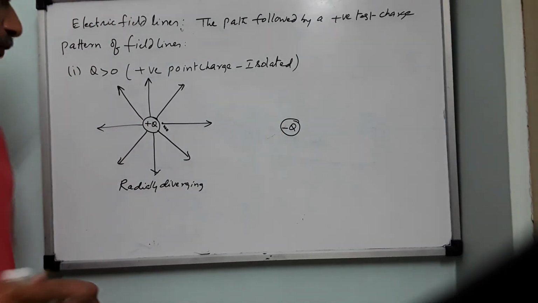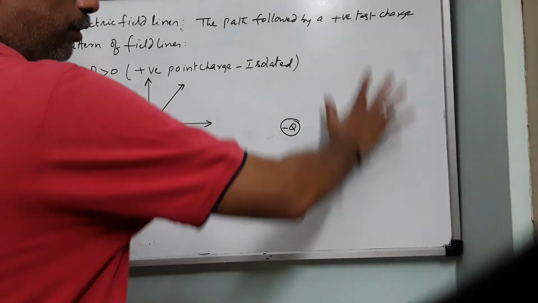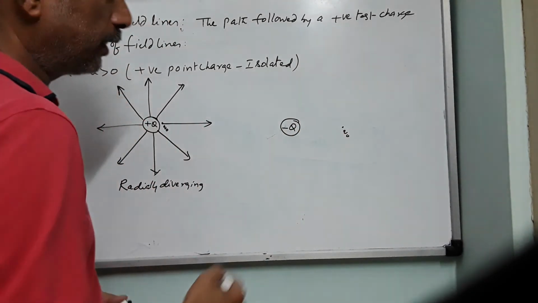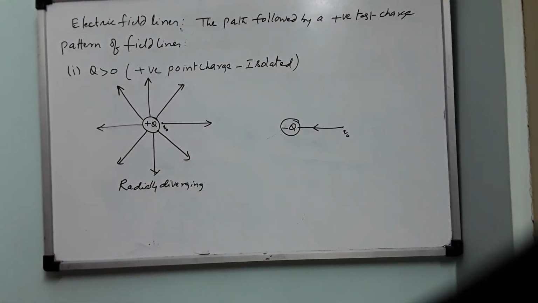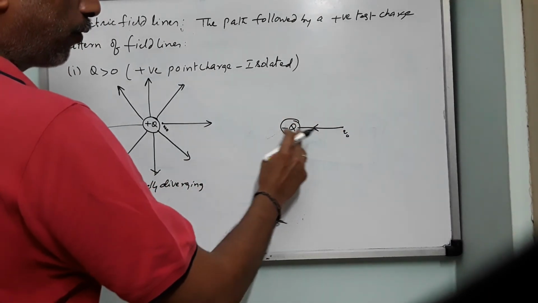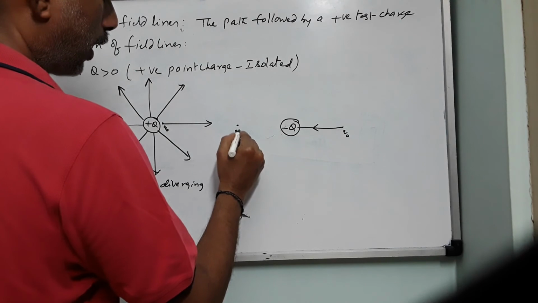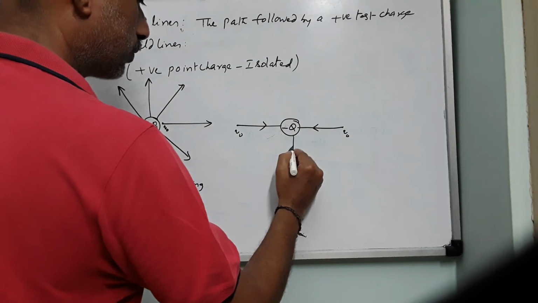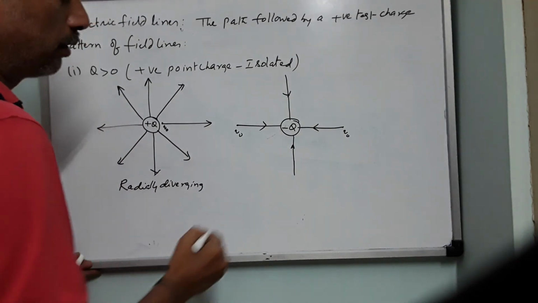Now, I have another source charge which is minus Q, maybe having equal magnitude as that of plus Q. If this is plus 5 coulomb, this can be minus 5 coulomb. This will produce an electric field around it. In such an electric field, I place a Q0 here, the test charge. Then it is attracted towards it and will come like this, because the electric field is radially inwards. So this is my field line for minus Q. If I shift this Q0 to the left side, it will start moving like this. If I keep it at the bottom, it will move upwards, and if I keep it on the top, it will move downwards.